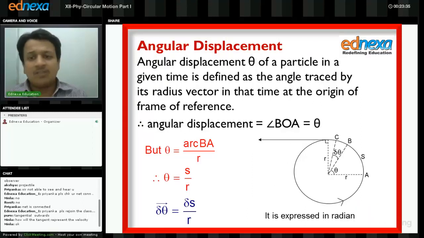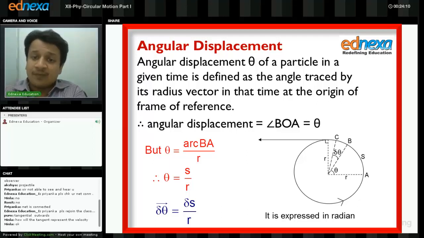So the concept is very simple. What is angular displacement? Angular displacement theta of a particle in a given time is defined as, now definition, the angle traced by a radius vector. So we discussed, no? OA is the radius vector. So this radius vector will move to OB. So OA to OB is the angle traced by the radius vector. Is it right? So the angle traced by its radius vector in that time